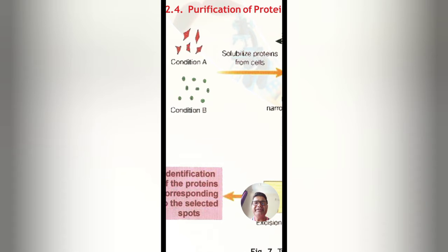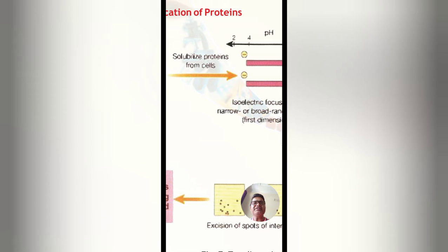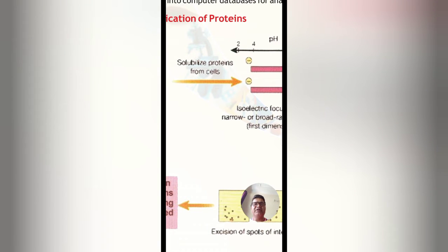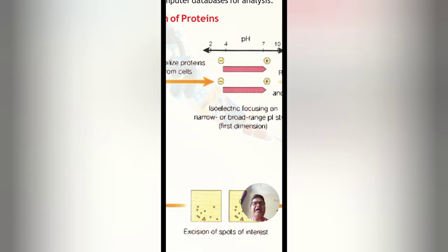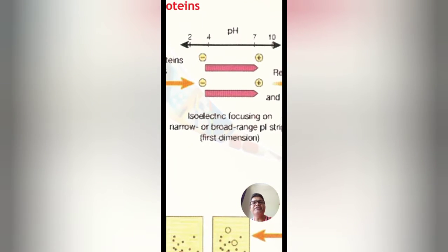We purify it, and then after purification we separate the proteins that may have different size on the basis of a molecular technique, that is 2D gel electrophoresis. 2D gel electrophoresis means in the first step, that is in one dimension, we are going to